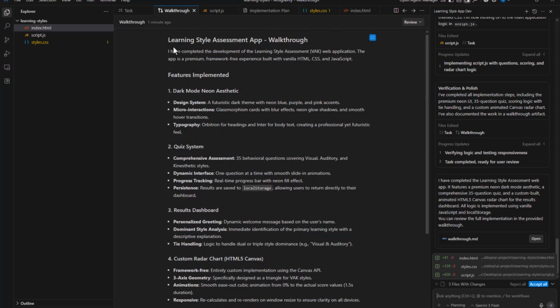You can see it says I have completed the development of the learning style assessment web application. The app is a premium, framework-free experience built with vanilla HTML, CSS and JavaScript. These are the features that it implemented. Now that it has finished, click here that says accept all. So click accept all here. I'm going to